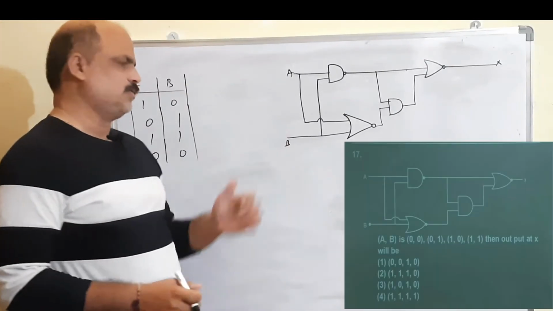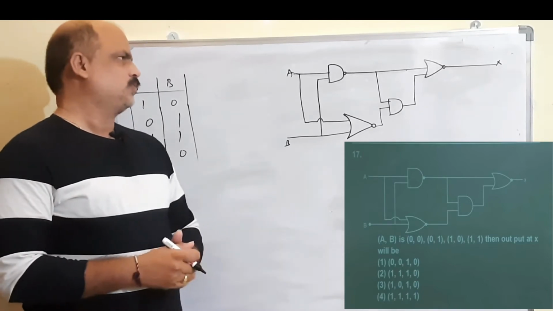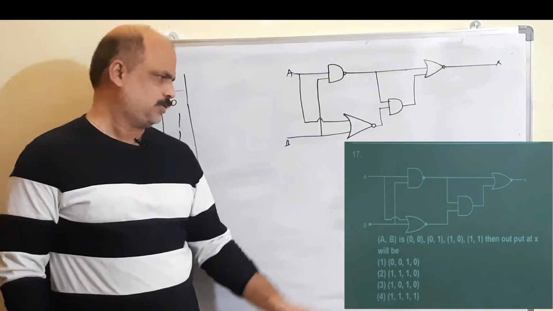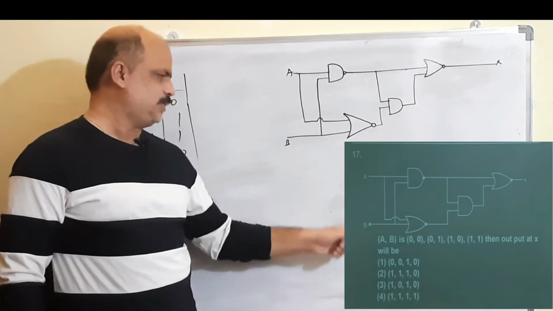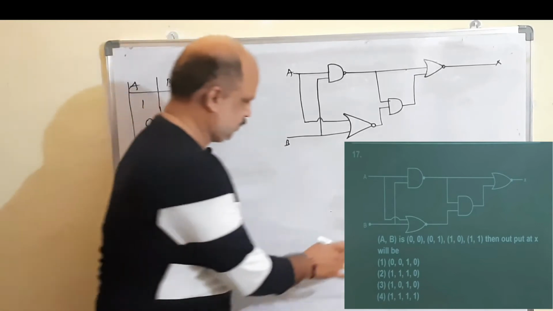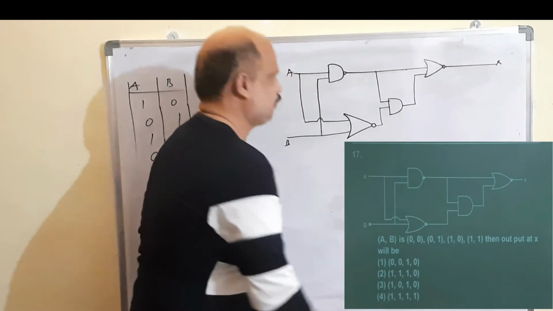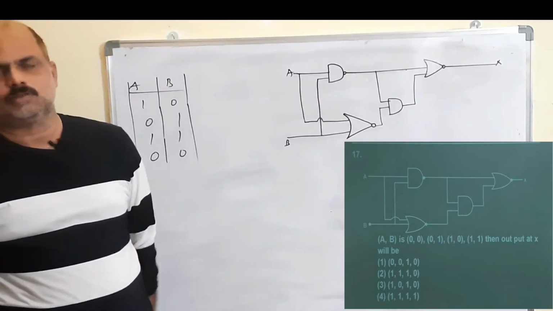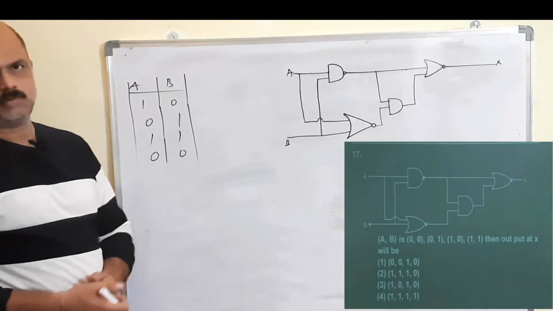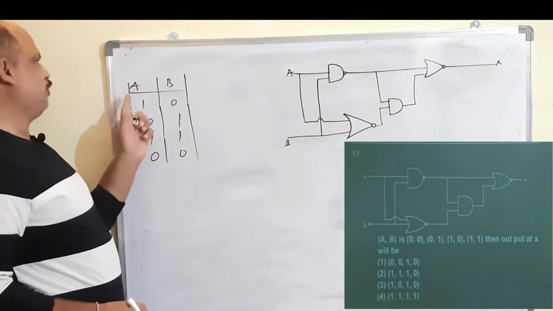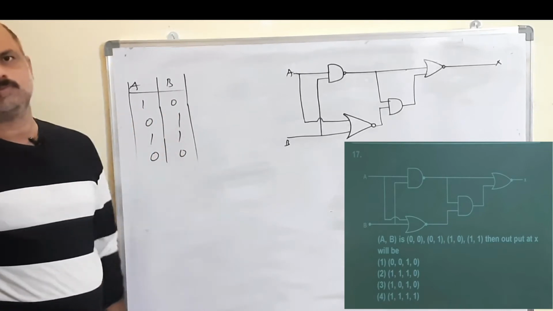Now, we are going to solve this circuit. Choose the correct output of the following. There are 4 options given: A, B, C, D. Which option is correct? This question is taken from semiconductors. Here inputs given to A and B are 1 0 0 1 1 1 0 0.